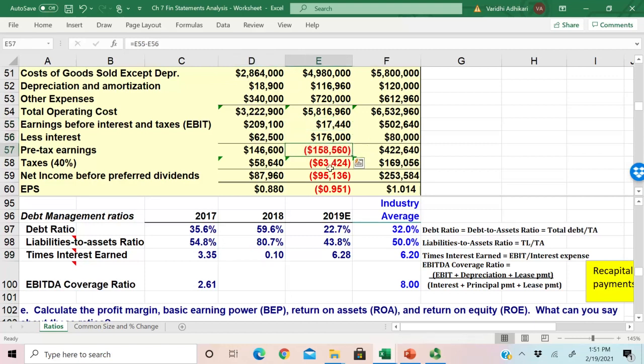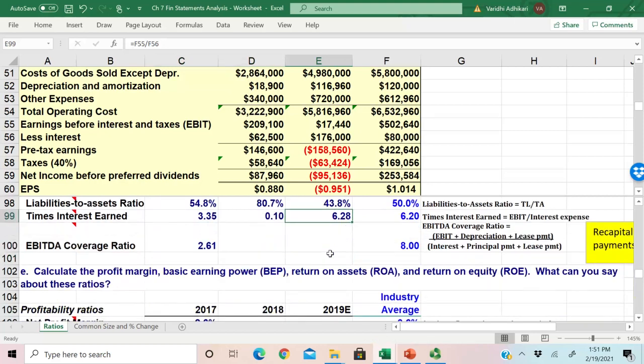Hence, things started to go negative after interest expenses. As a creditor, you want to see a higher ratio to give you more assurance that this company is likely to pay your interest back on time. Okay. EBITDA coverage ratio is similar to interest coverage ratio or time interest earned, but it includes other types